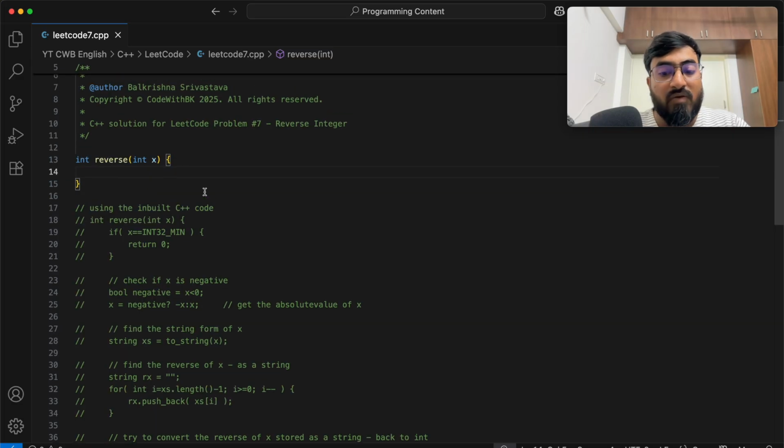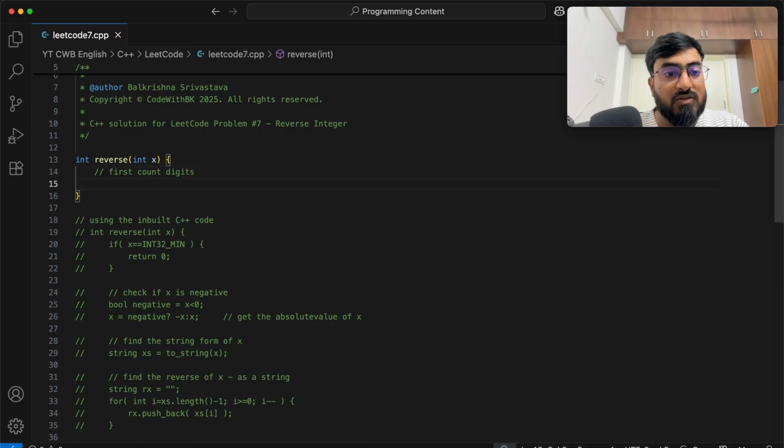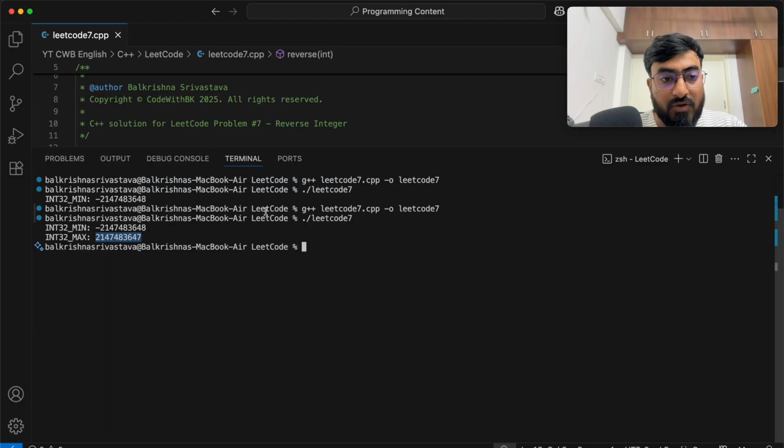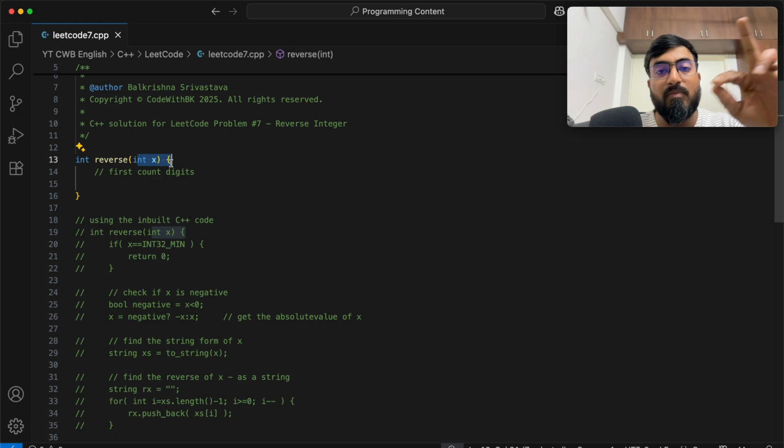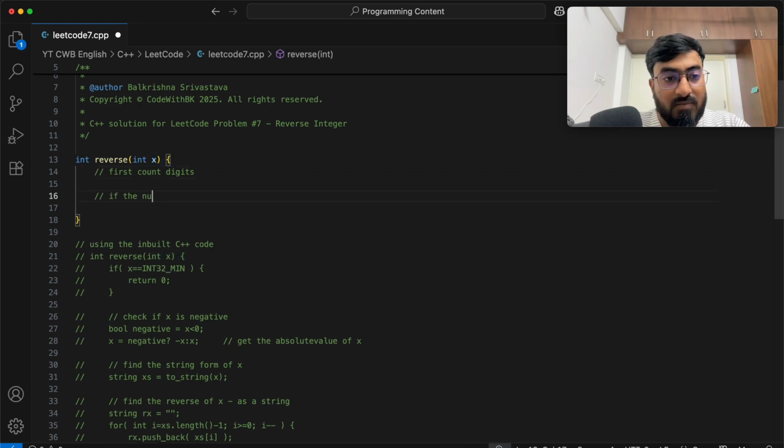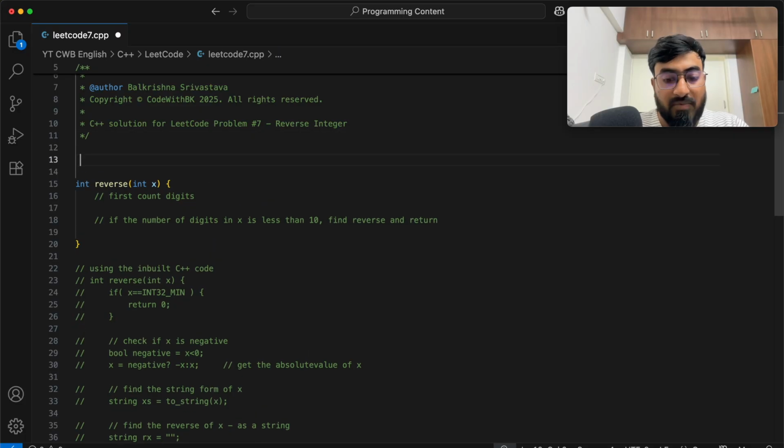So in this case, what we do is we first count digits. If you look at this output, these are 10 digits. So if I have something less than 10 digits stored in X, the reverse will be possible in both negative and positive case. So if the number of digits in X is less than 10, find reverse and return. We can write a helper function